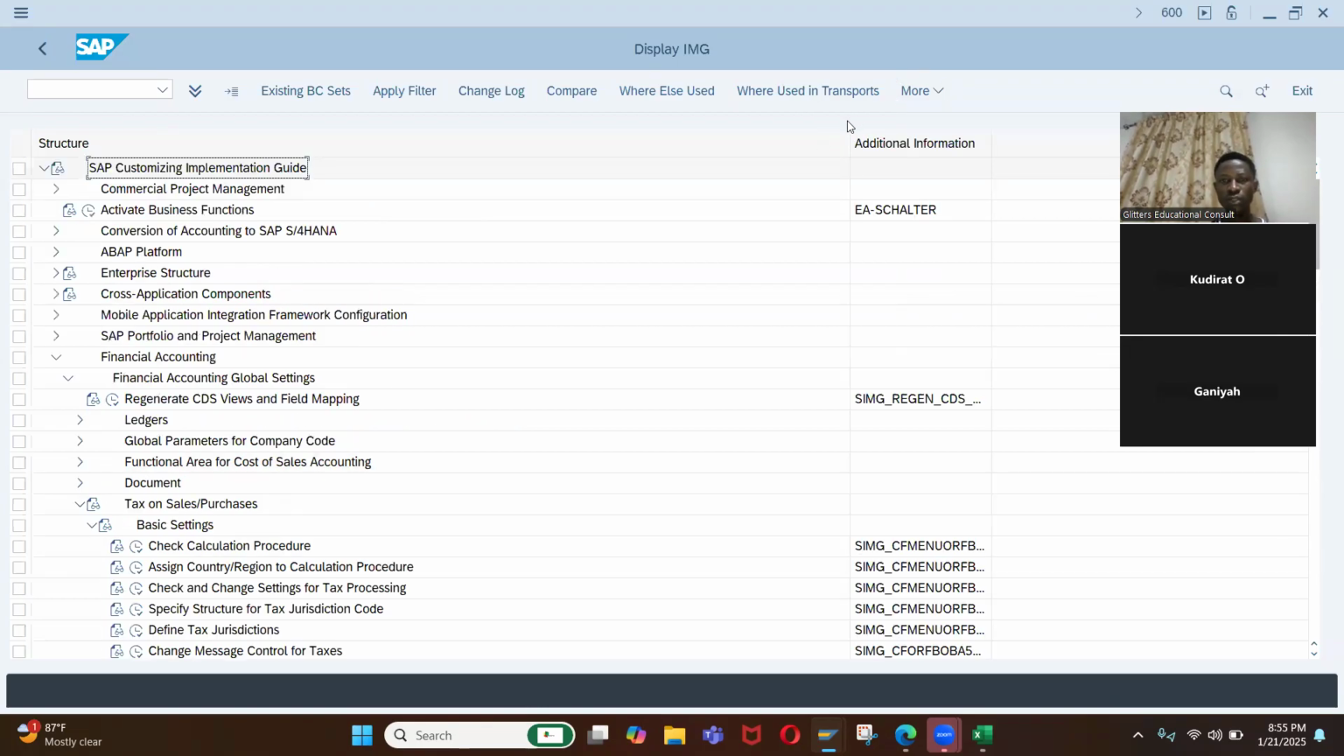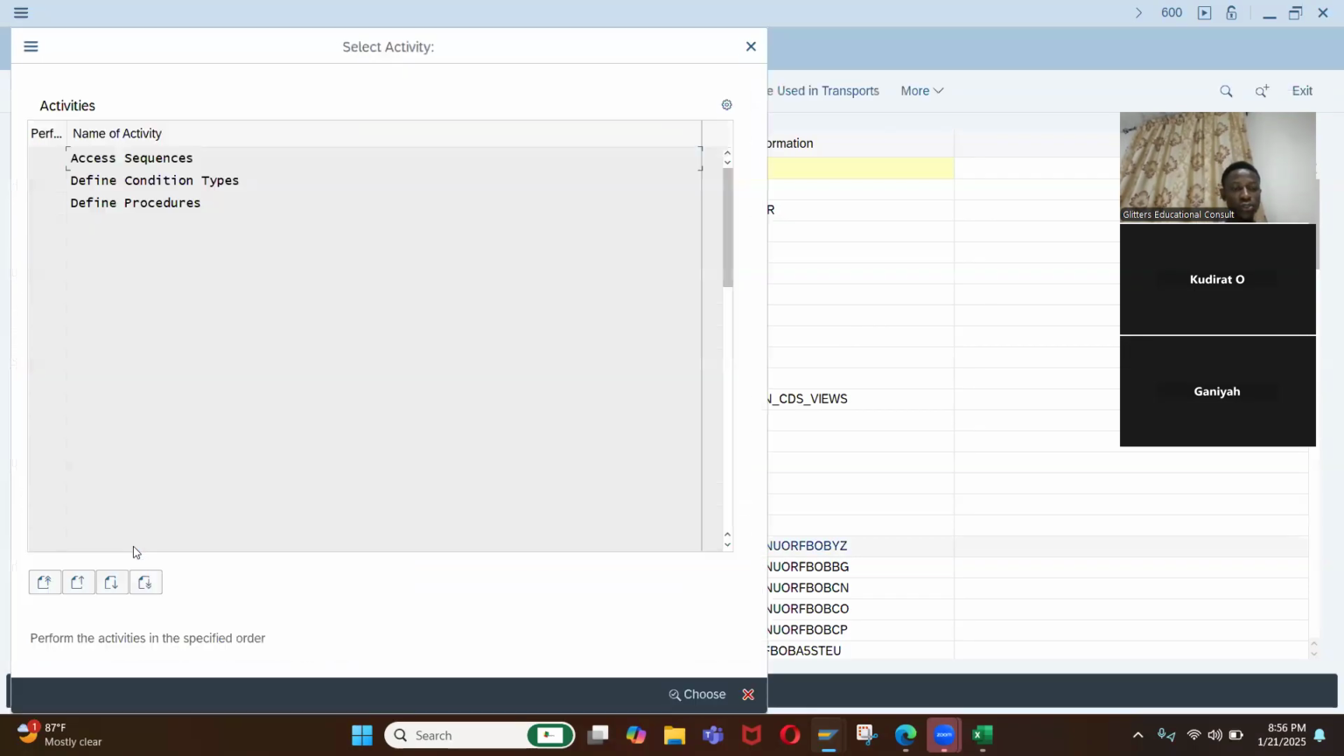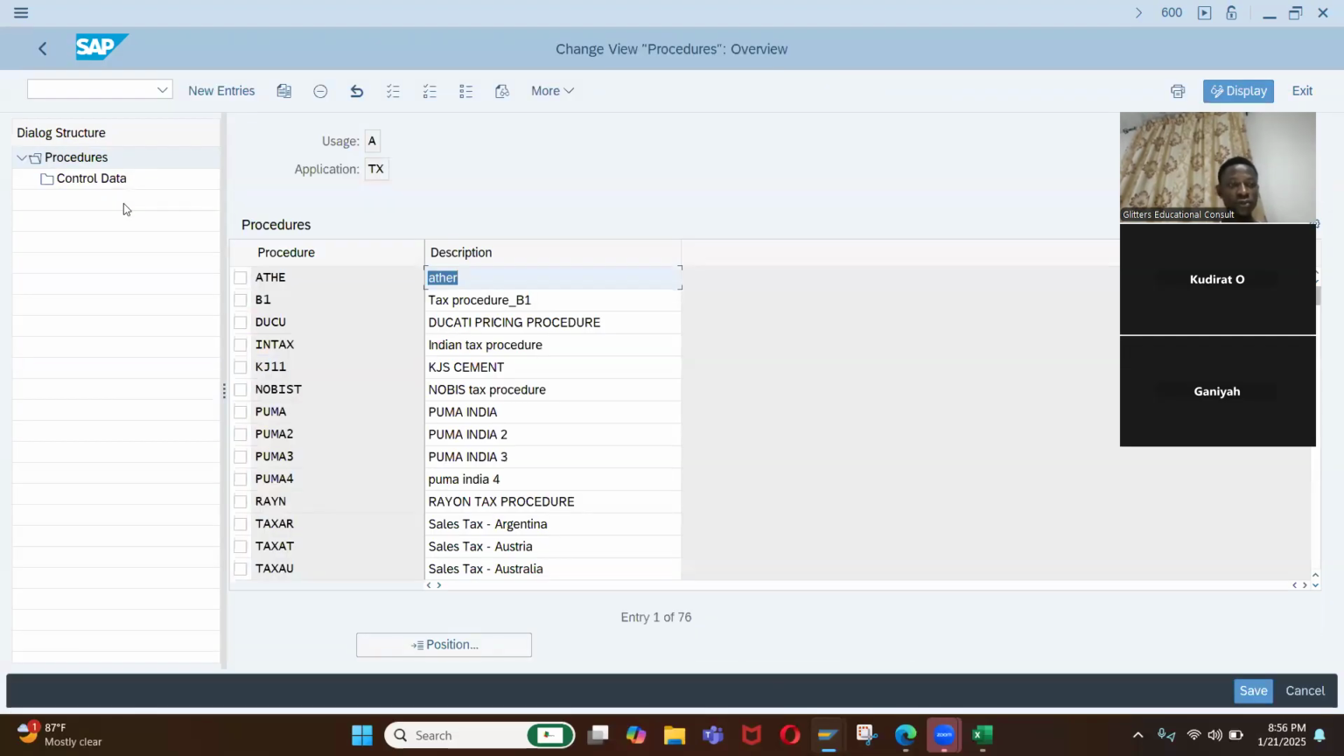I'm sure you're following it. So as you can see, the check calculation procedure is OBYZ, right? OBYZ. So click on this check calculation procedure, then click on define procedure. Click on define procedure. Now, the first thing you need to do is to